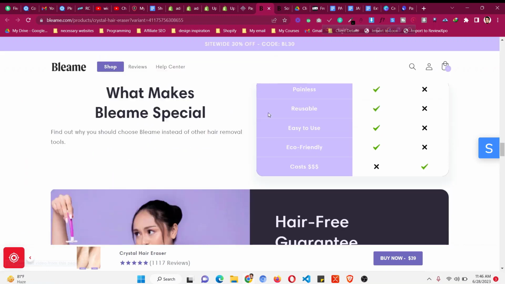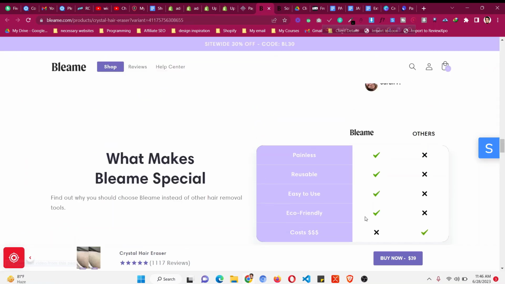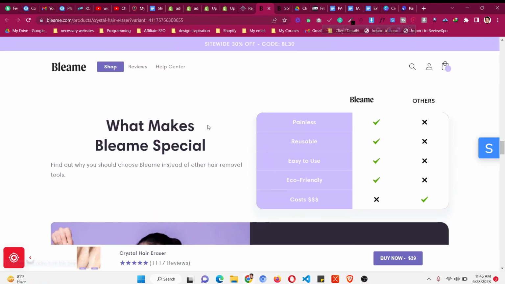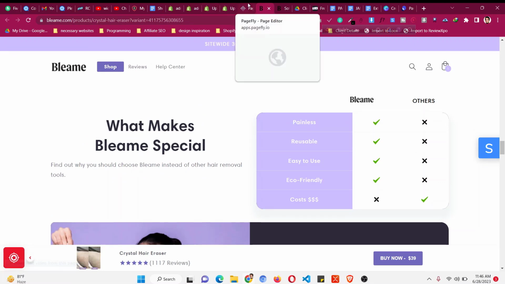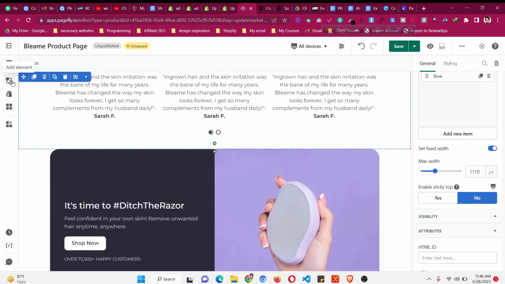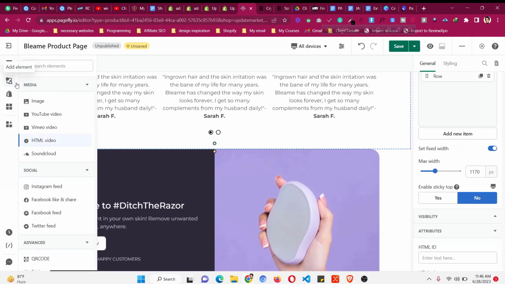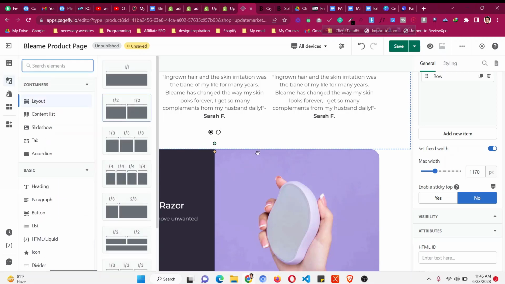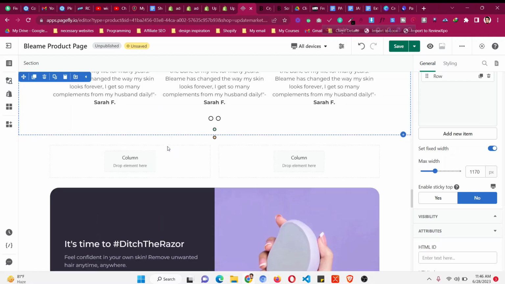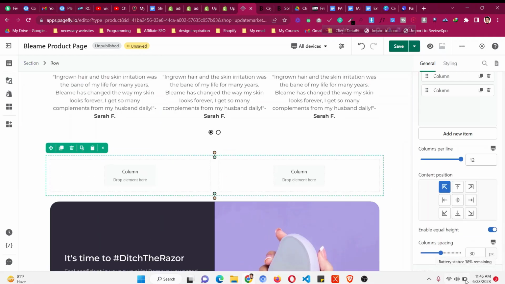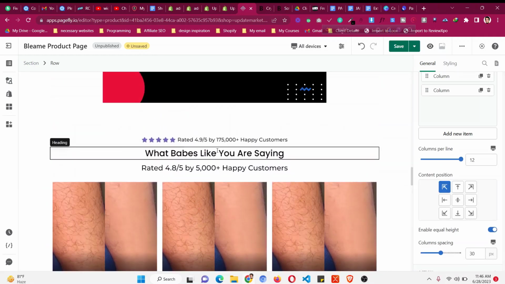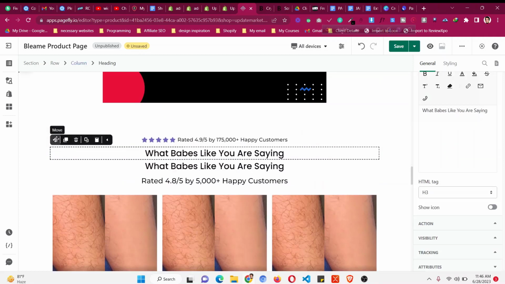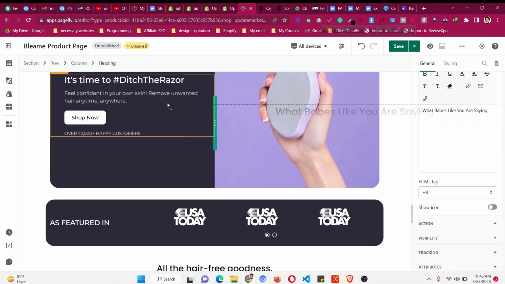Now come to the next section, which is also very easy. You need to create a comparison table just like that, and then the other things are easier, right? So what is to do? Click on add element, right? Go to layout and take two column, right? Take two column, and then go to this one,